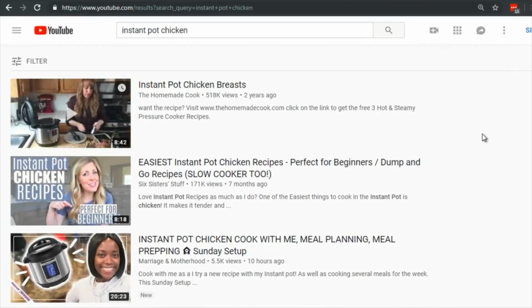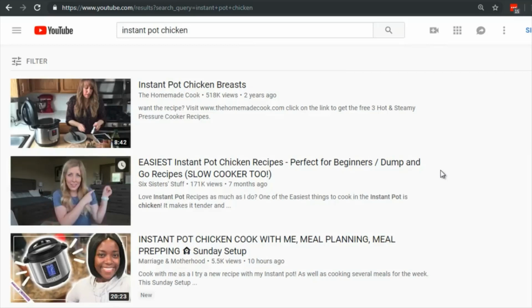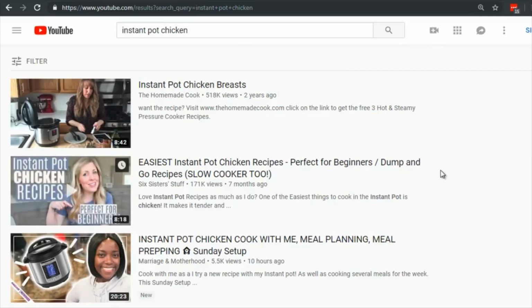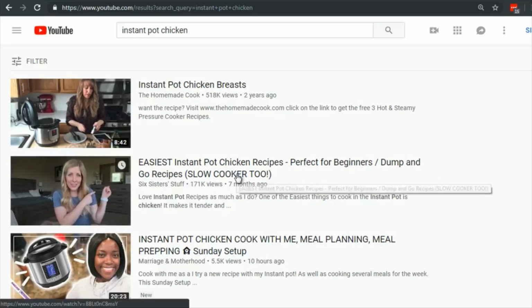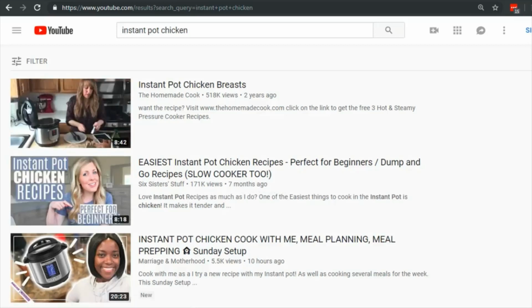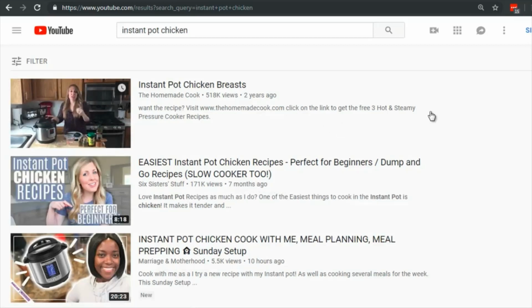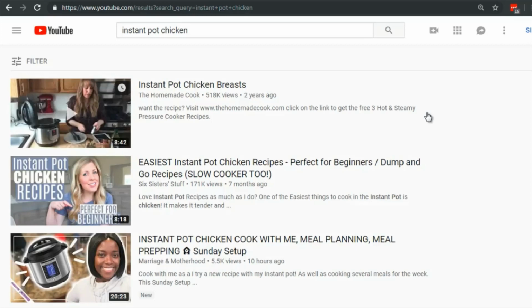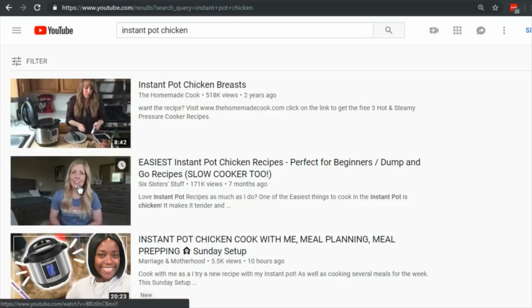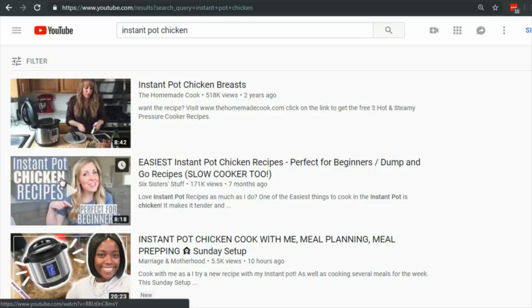So when it comes to having a thumbnail, you want to make sure that it is eye-catching, meaning it shows somebody what they want. So if Instant Pot Chicken is your main keyword, you want to make sure that your thumbnail has something in it that entices them. So it's good to have the keyword or the title in it. You can see right now the way YouTube works is they have an initial thumbnail, and then after that you can see motion. So if I put my mouse over it, you can actually see part of the video,